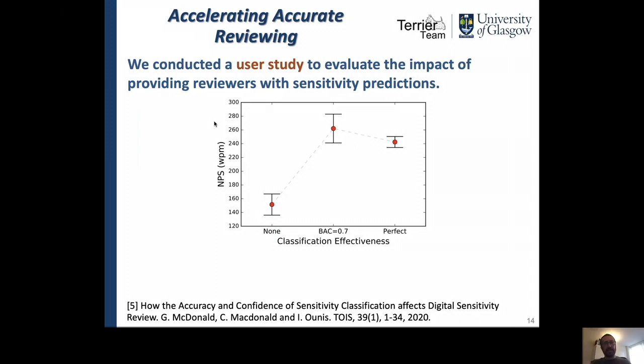This is a separate study, but we did a user study to see, by doing all this, can we actually help the reviewers? Can we actually increase the speed of review while maintaining a high accuracy in the judging? And the answer is yes. It's a very long document, this one, but again, I'd love to speak to anyone who's interested about it.